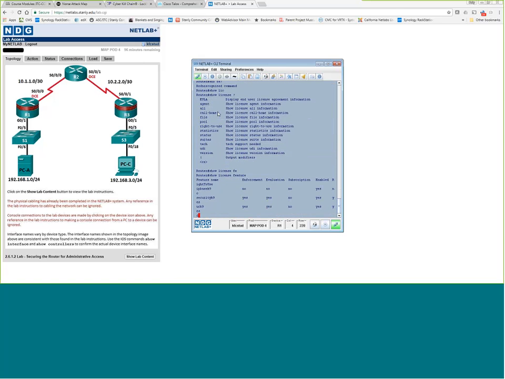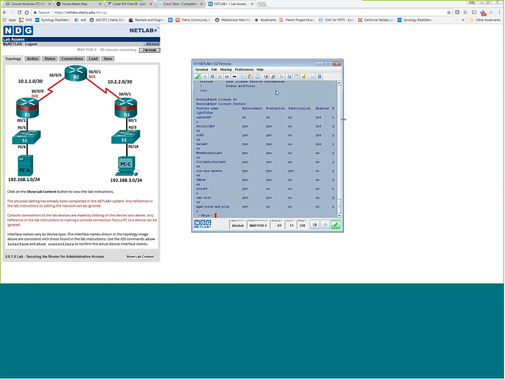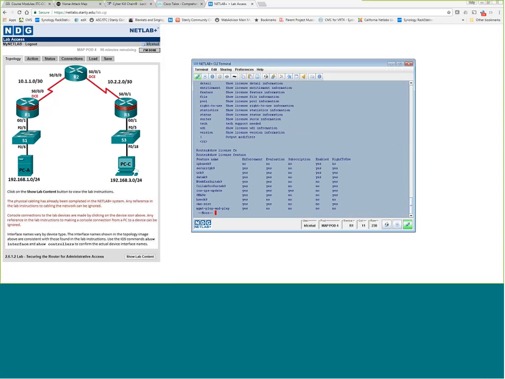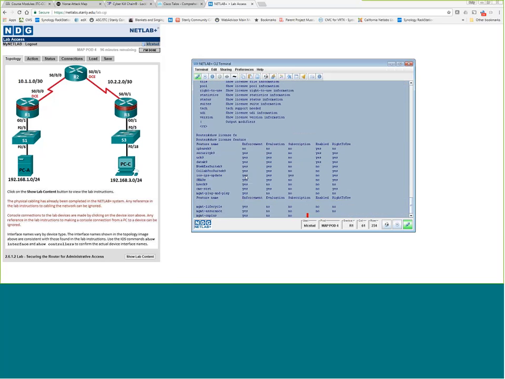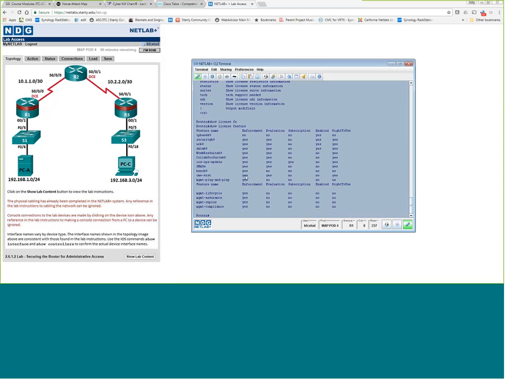See, even I had to go look stuff up. But you'll see here that the security K9 image is turned on. Okay, and so you just got to make sure that is turned on. That's what gives you the encryption protocol keys that you need for the lab. And if you need help turning on feature sets, let me know, and I'll show you how to. We can go through that